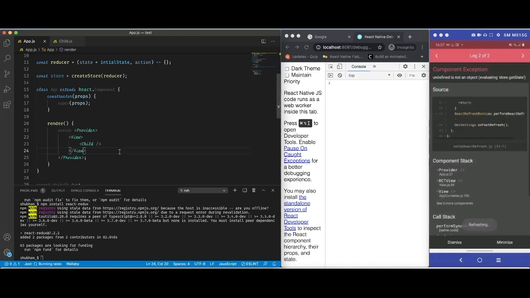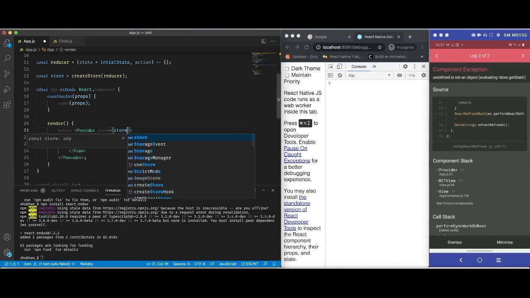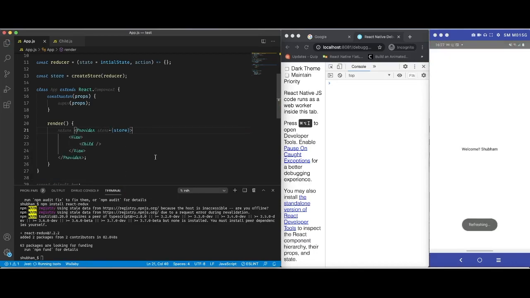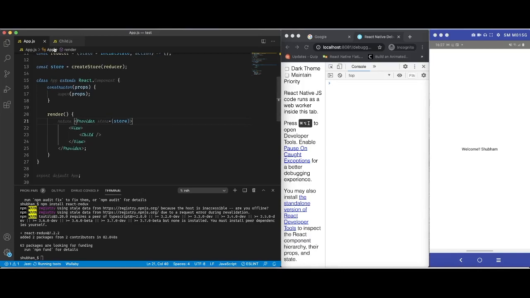Now I have added the Provider here. Now Provider demands a store variable, or we will pass the store to Provider. For doing that, we will have to do it like this. We have a store ready and we are passing it. So we can see the error has gone, and by doing that, any component that is coming after app.js will have the store available, but you won't be able to use the same store using Provider inside the App component.